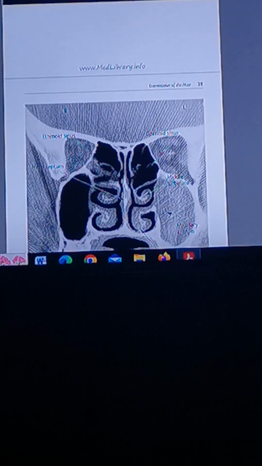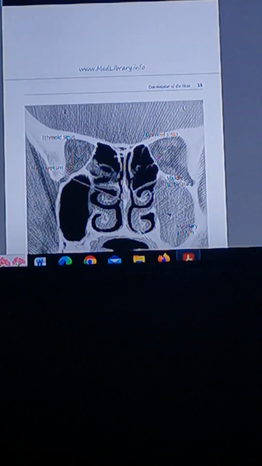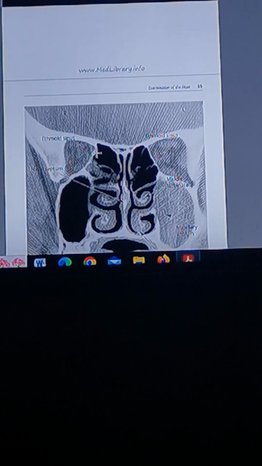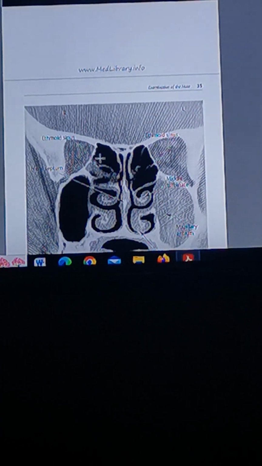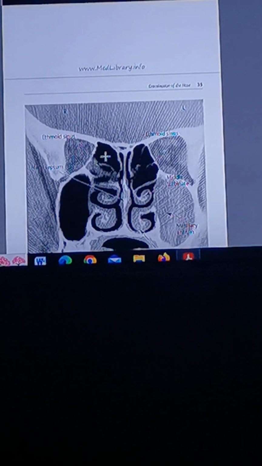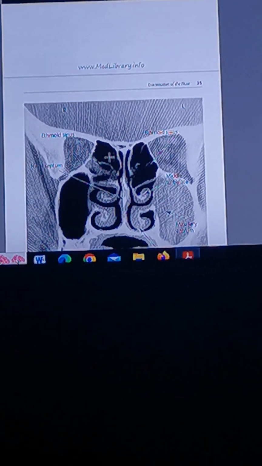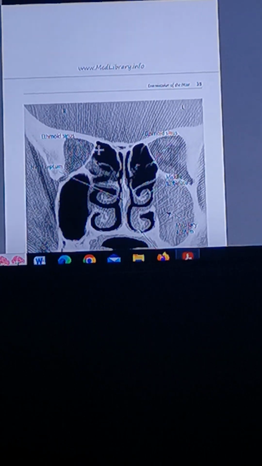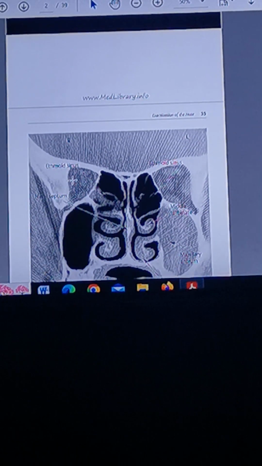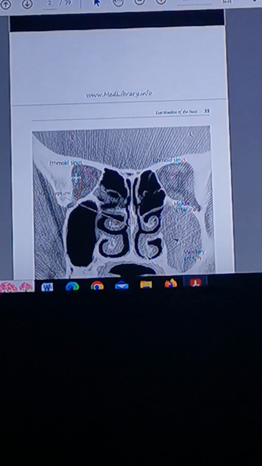This is the orbit. Immediately between the lateral nasal wall and the orbit is the ethmoid air sinus. This is the ethmoid air sinus, separating from the orbit by a thin sheet of